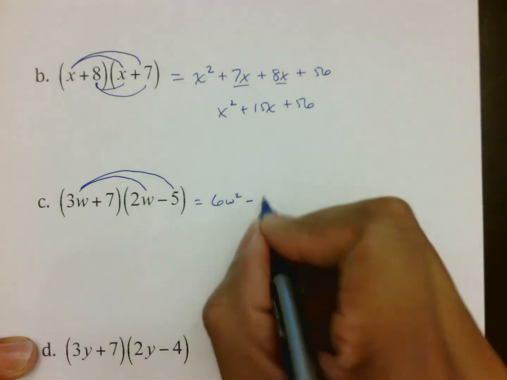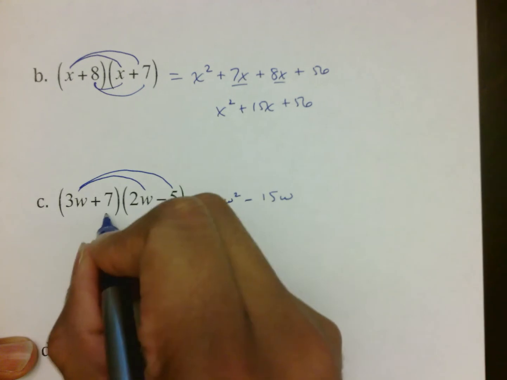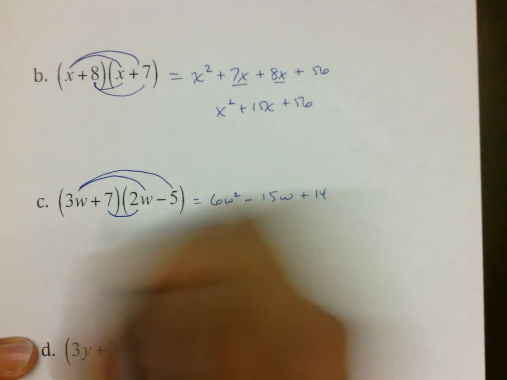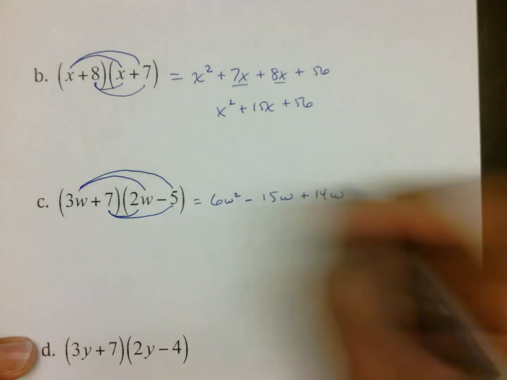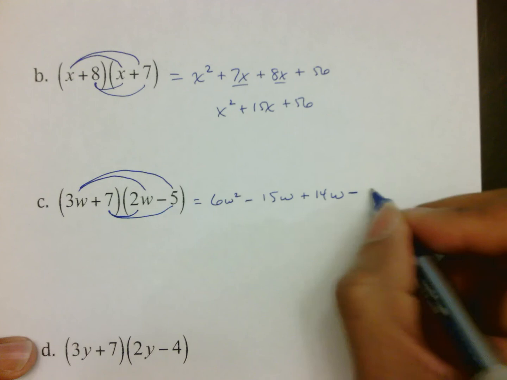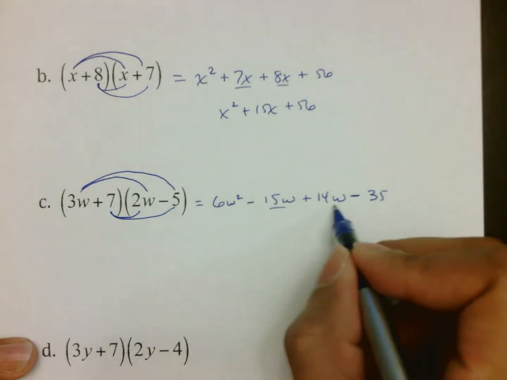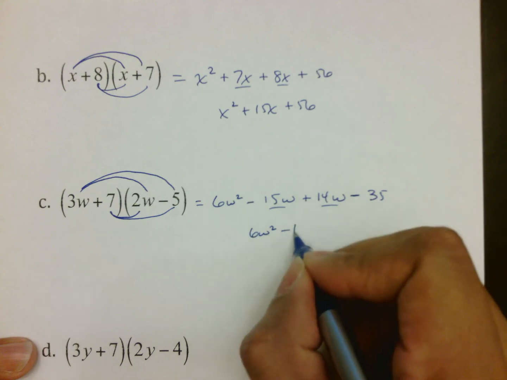3 times 5 makes 15 with a w. When 7 meets 2w, you end up with a positive 14w. And then when 7 meets negative 5, you end up with a negative 35. From that point, we see that these two things are here, so you get 6w squared minus 1w, which